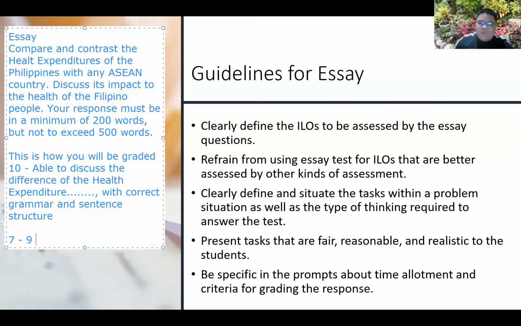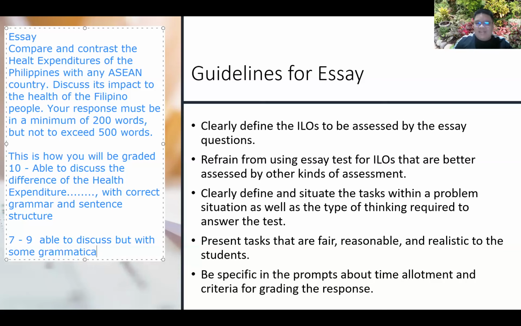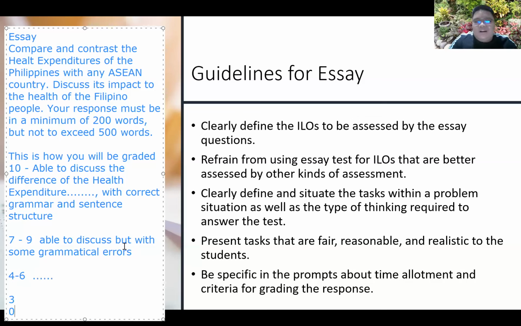So, let's say, for example, 7 to 9, able to discuss, but with some grammatical errors. Boss, pwede mo namang sabihin 4 to 6. Okay? So, ano yung 4 to 6 mo? Ano yung mga scores mo na 3? Ano yung score mo na 0? Okay? So that way, your student will be able already to understand kung ano yung ini-expect mo sa kanya sa